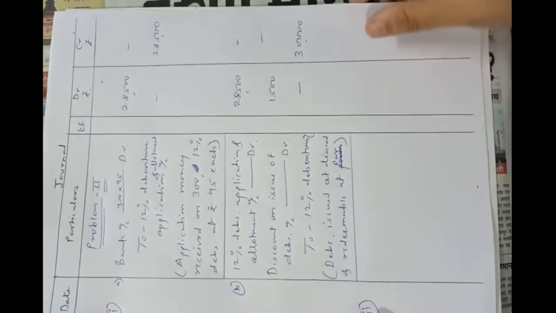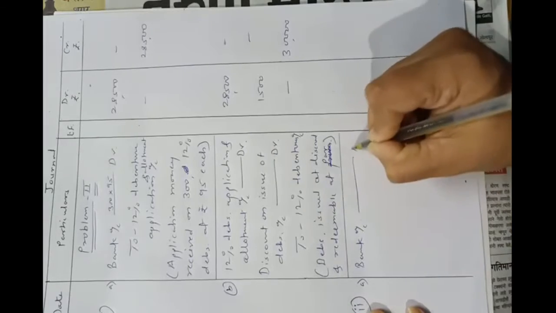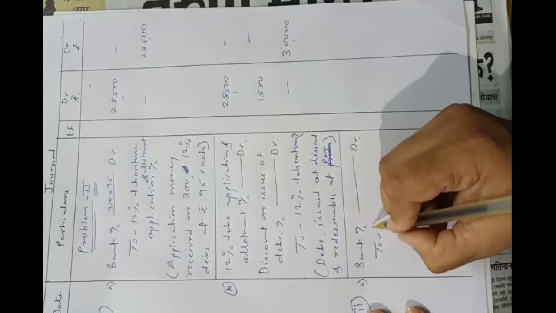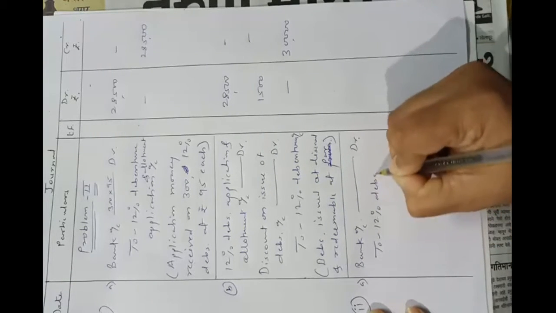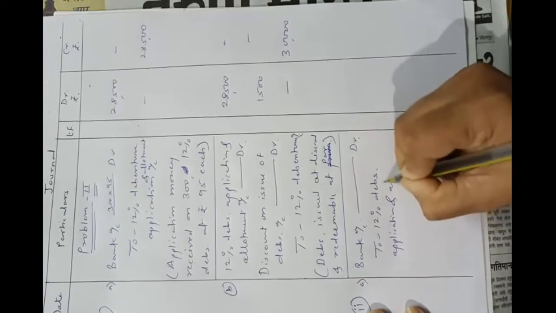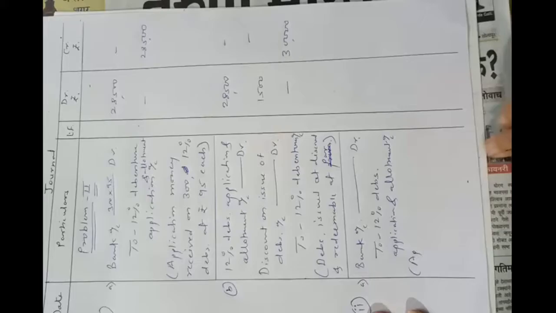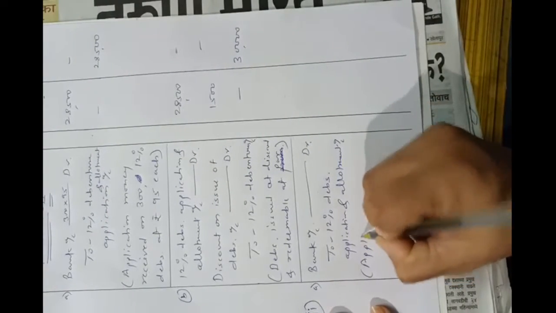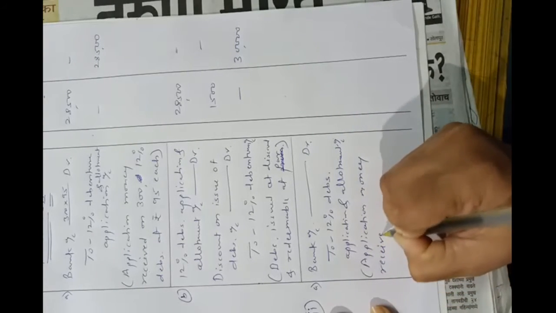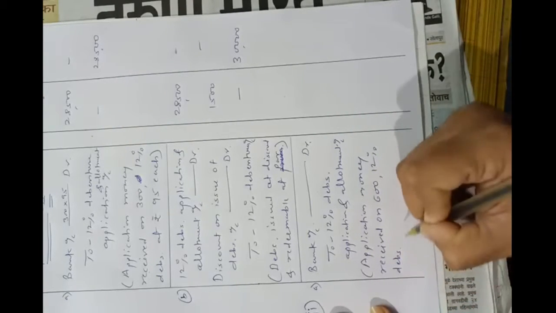The first entry will be of application money received: bank account debit to 12% debenture application and allotment account, and the amount will be application money received on 600 12% debentures